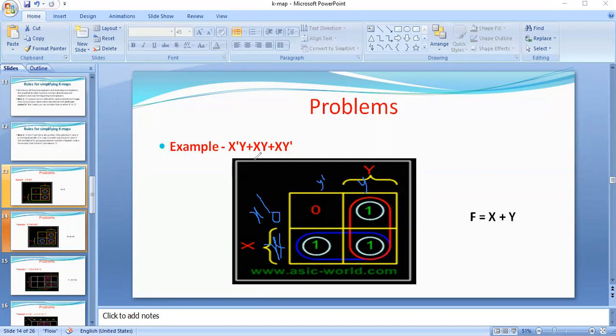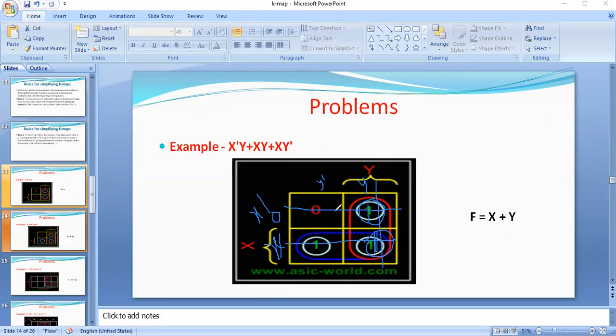Okay. So after that, we have to place this expression in the K-map. What is the first term? X bar Y. So here X bar is here and Y is here. These two coincide at this point, so I have to place 1 in this position. And the next term is XY. Here this is X and this is Y. These two lines coincide in this point, so I represent XY in this cell with 1.